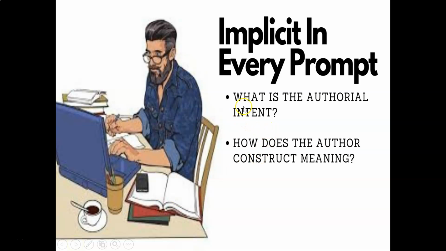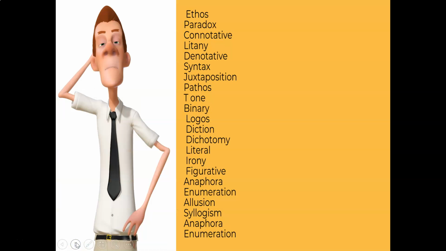This is the same slide I have for literary analysis as well, for FRQ1 and FRQ2 for the AP Lit exam. These questions are at the heart of analysis for rhetorical analysis and literary analysis. So students have to answer both of these questions in order to get to a thesis. Question 1 is, what is the authorial intent? Question 2 is, how does the author construct meaning? So how do we do this? How are we going to shore this all up?